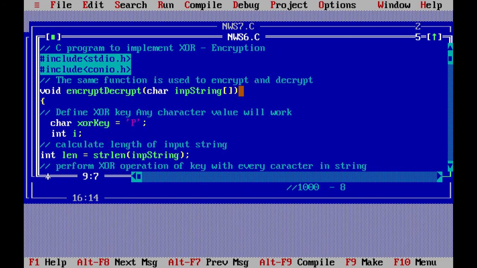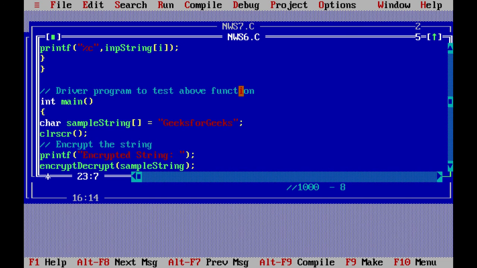Go to your main function. Now sample string is there. Inside sample string the Greek for Greeks word is assigned. Then we clear the screen, then we print this encrypted string message, along with which we display the value inside your sample string variable, passed with the help of your encrypt and decrypt function.